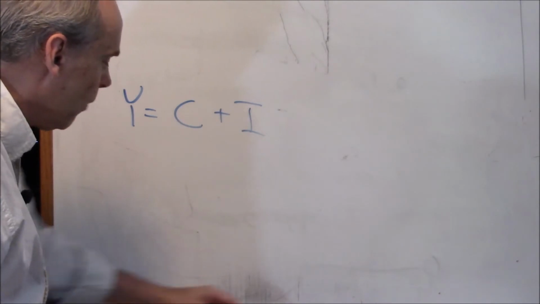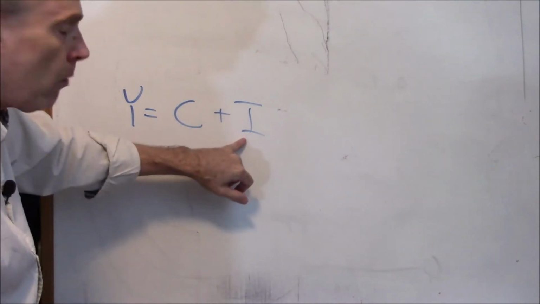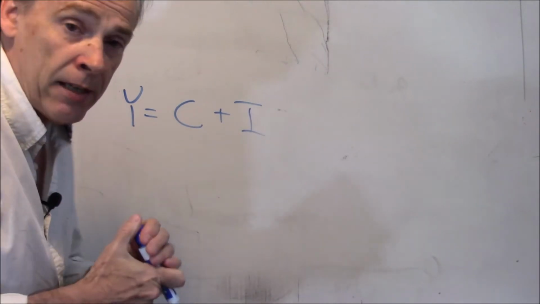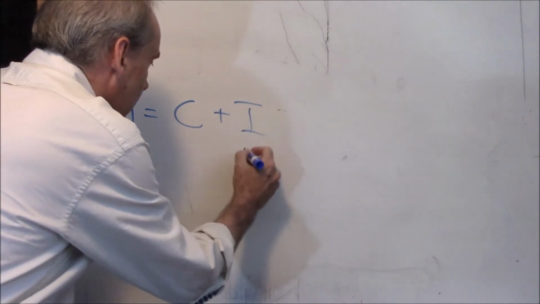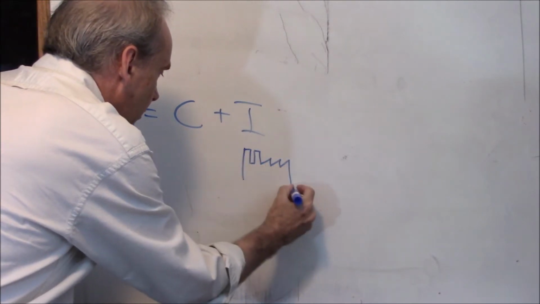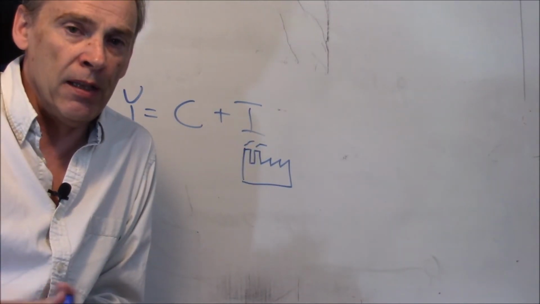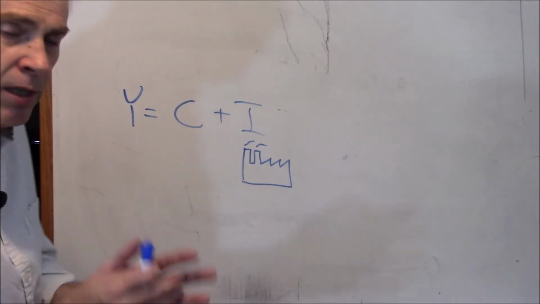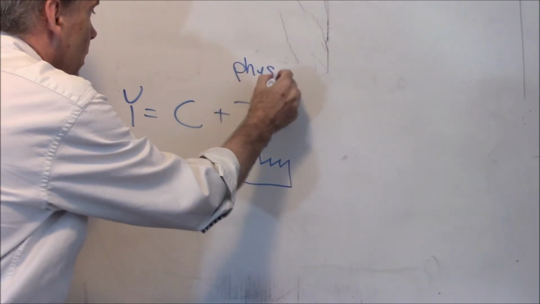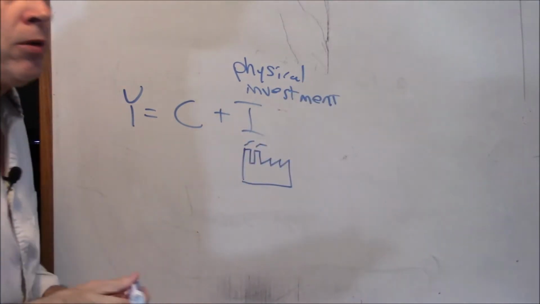However, when TCU bought this, that was investment. And you want to be clear on what this investment means right here. It doesn't mean buying stocks and bonds, right? That's actually a form of savings. Look, I drew a factory. This is like building factories. All right, this kind of spending is like building factories. This is physical investment, as opposed to financial investment.